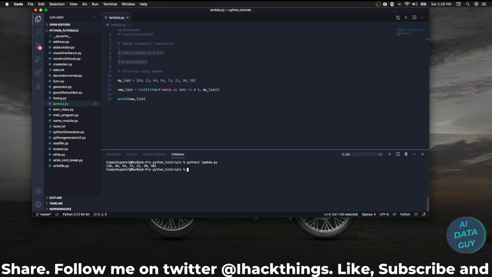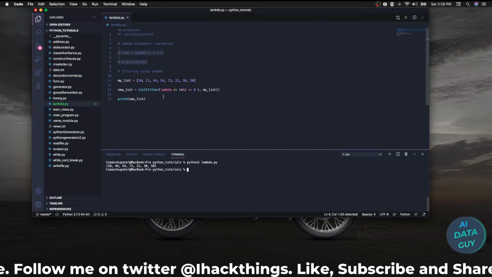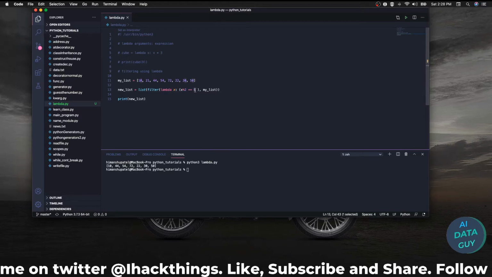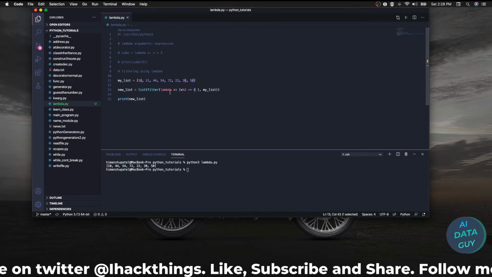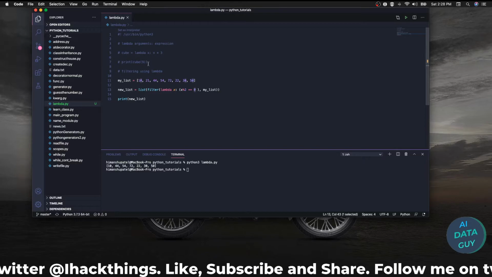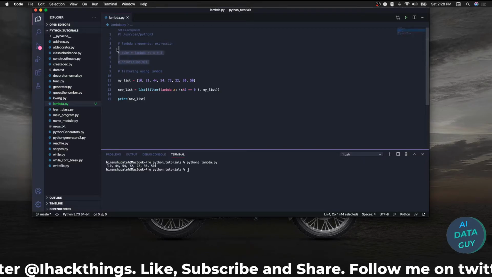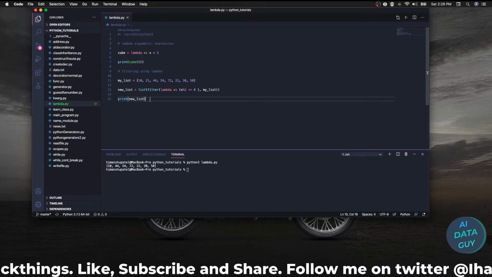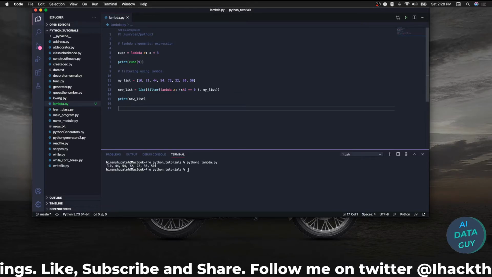So these are the numbers which are divisible by 2, right? At the end, it has a modulus of 0, or remainder of 0. So this is how we actually perform the filtering. I'll just comment this out, just so we have everything here. Now there's another thing which we call